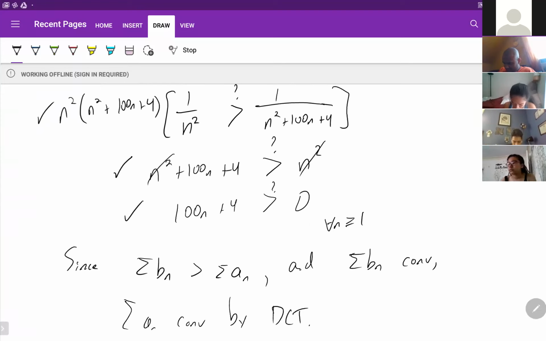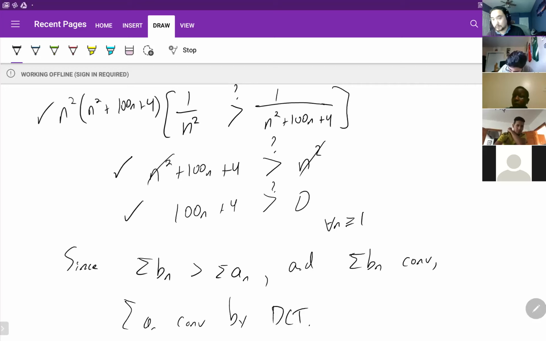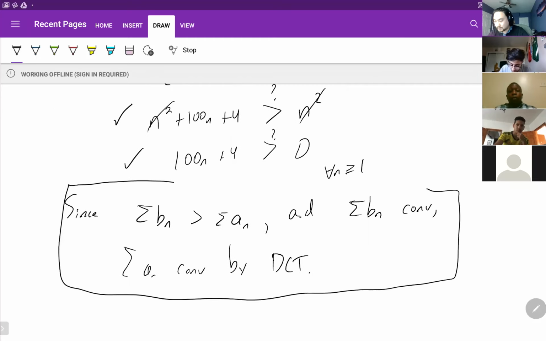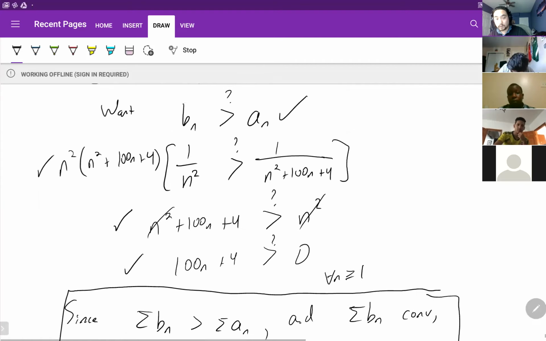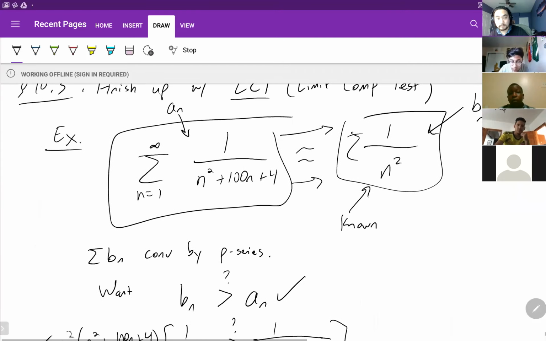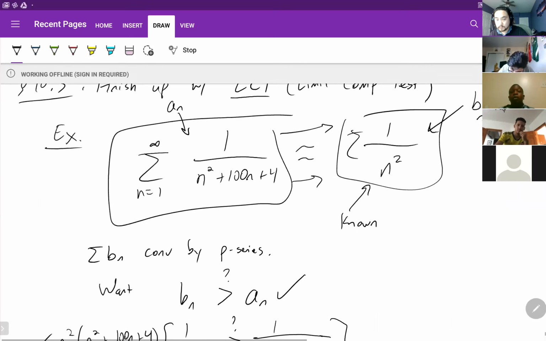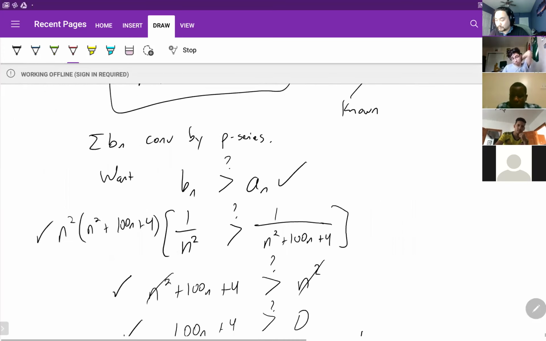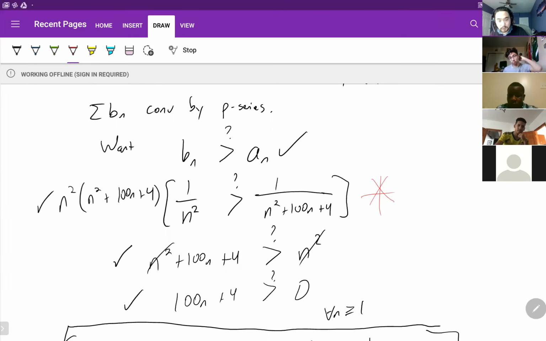This is the proper, 100% formal write-up that I am looking for on your quizzes tomorrow. Should you use DCT, you cannot just say the box statement without your supporting work, everything above this. Does that make sense? Okay, so common pitfalls: not labeling. Make sure you label it, and that those labels are consistent. Another pitfall is like this step. They just stop here and don't fully show it, right? If you stopped here, that would have been fine. I just took it one extra step to make a stronger statement.